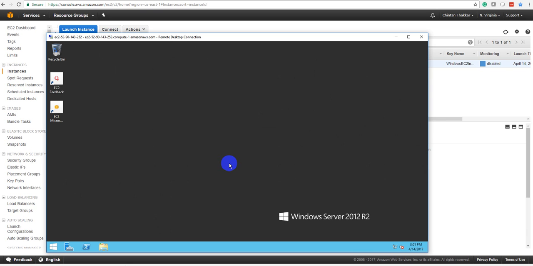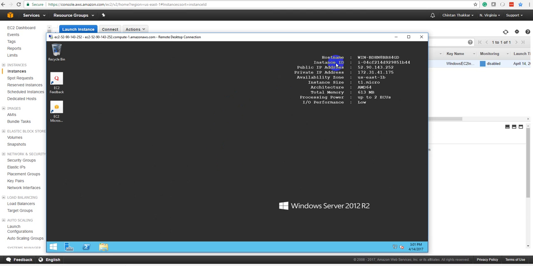and it is no different than if you downloaded the ISO file and installed it by yourself. There is no difference between that. You also get the host name, your instance ID, your public IP, your private IP, and the availability